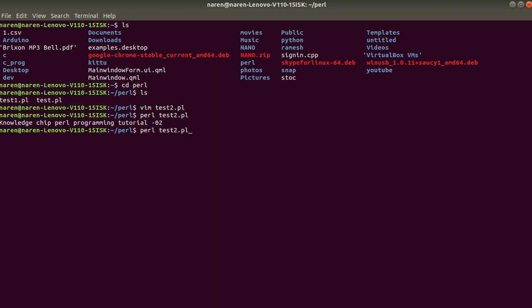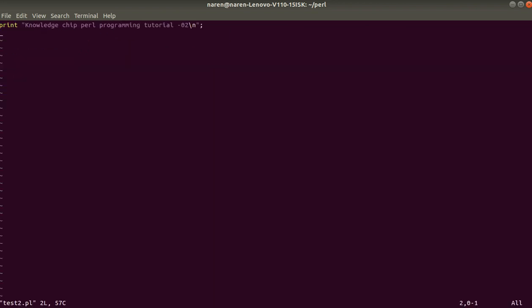Now we are going to the new topic, so again we need to open the file. vim test2.pl. If we press enter, it opens automatically. The topic here is a variable. For that we need a dollar sign. Give the insert operation I, then dollar num, let's take num equal to 6.